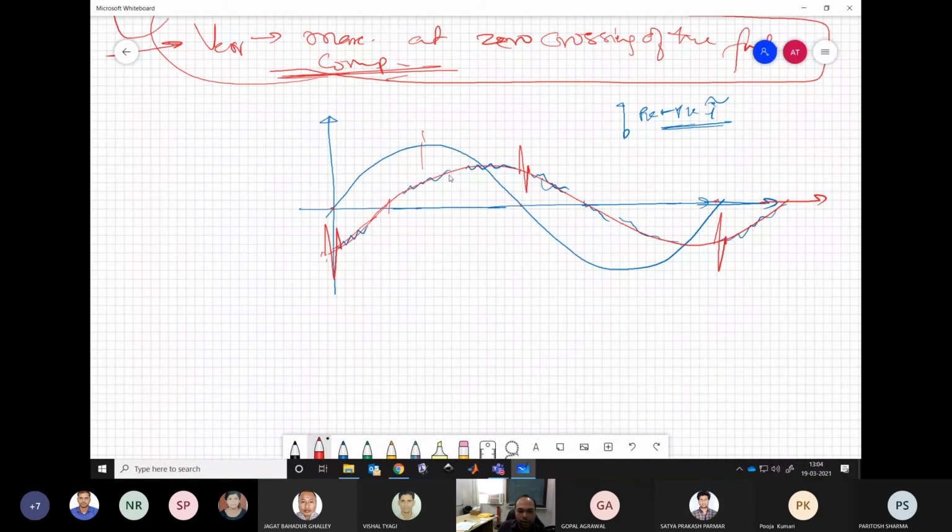So this is the way you can judge whether your PWM is coming correct or not. At every zero crossing of voltage, your peak to peak ripple in the current would be maximum. It will be very distinctly seen when you see the waveform on oscilloscope or in the simulation also. This ripple would be very distinct from all the other ripple parts in the current waveform. And wherever this maximum ripple is occurring, this is the zero crossing of our fundamental voltage.